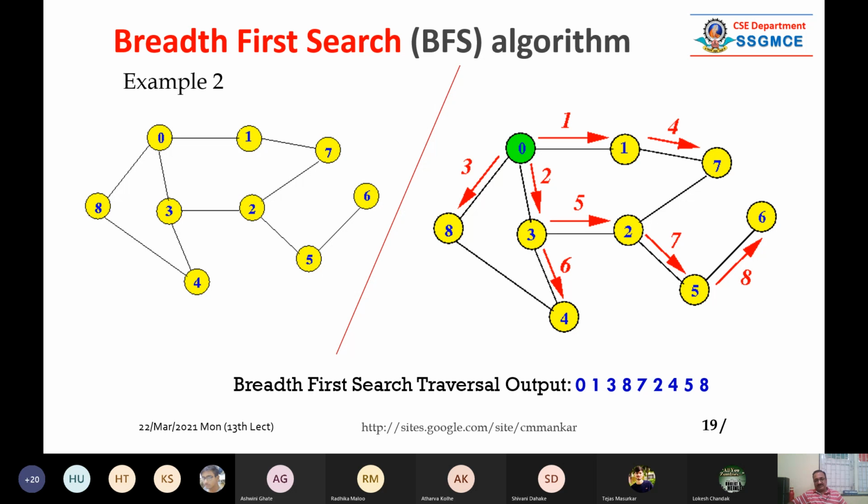तो इसका ट्रैवर्सल क्या आएगा कि हमने कैसे विजिट किया. We started from 0, then we visited 1, 3 and 8. See the blue color, breadth first traversal output 0, 1, 3, 8. बाद में हमने क्या किया,